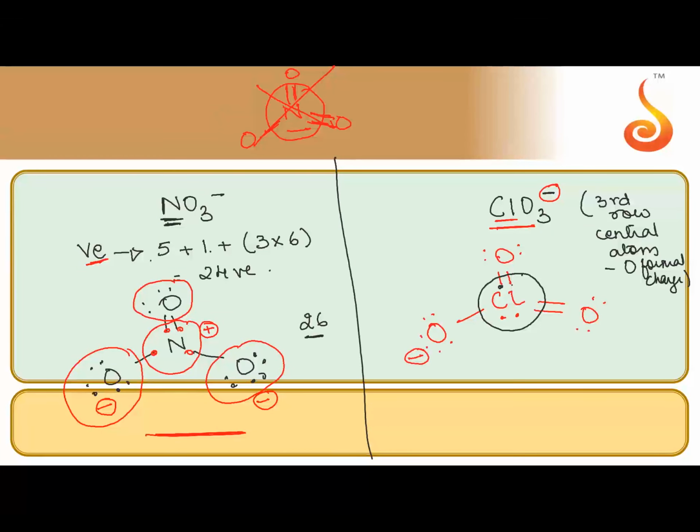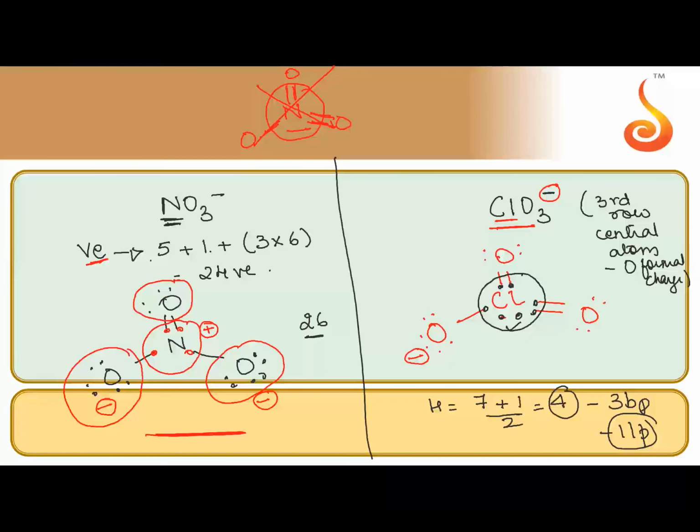So here you can see 1, 2, 3, 4, 5, 6, 7. So 0 formal charge chlorine has. Okay, overall charge is -1. What we also could do was put this in our VBT formula. So hybridization equal to halogen has 7 valence electrons plus 1 divided by 2. 8 by 2 is 4. 4, but there are only 3 bond pairs, meaning one lone pair is there on chlorine. So I already know that there is a lone pair on chlorine.